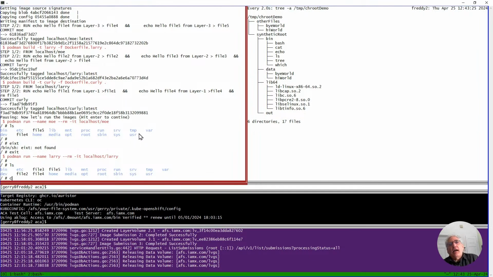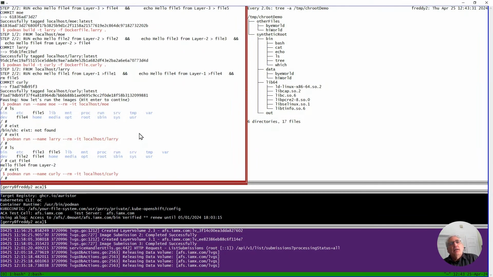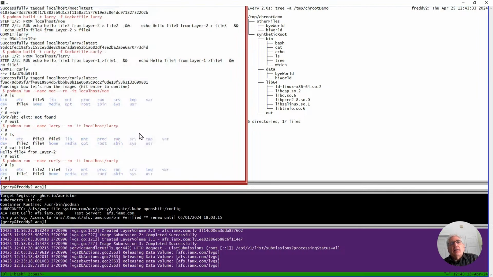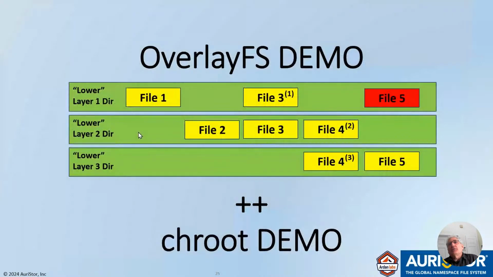If I look at cat file 4, you'll see that I have the image from layer 2, not the image from layer 4. And finally, let's run the image Curly. And there I see, going back to what I did before, I was just emulating what I did by hand. I'm going to see the files in this structure where the bottom one is Mo, the middle one is the container corresponding to Larry, the top one is the container corresponding to Curly.